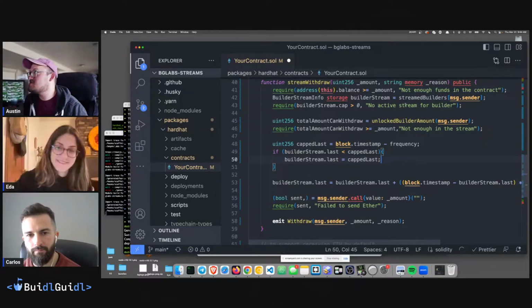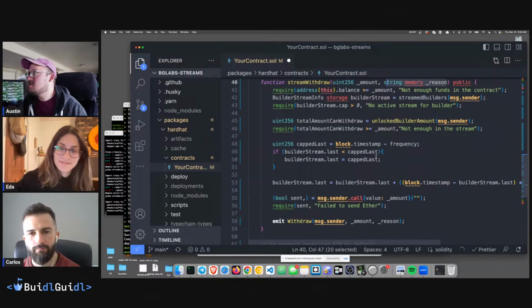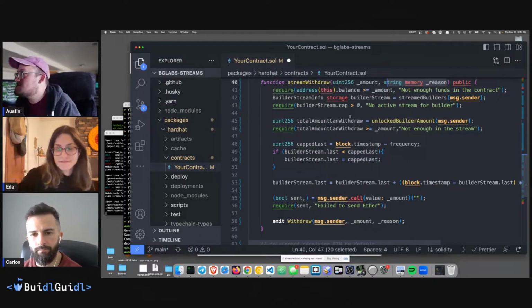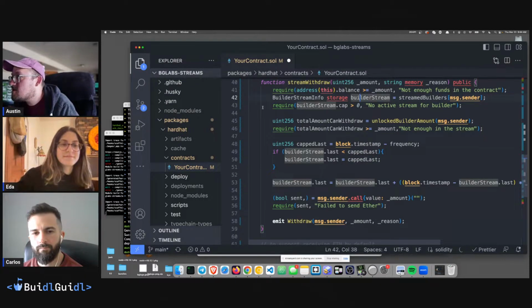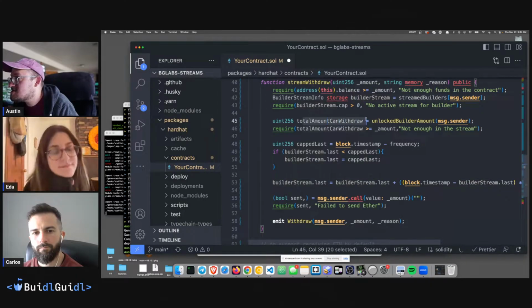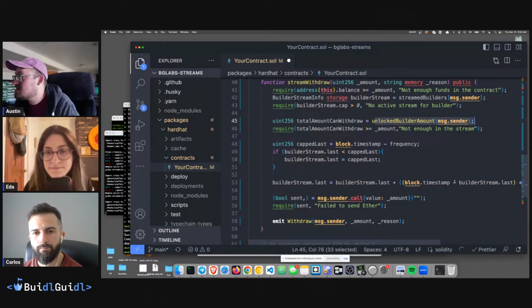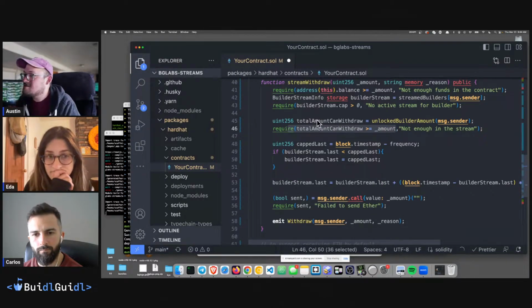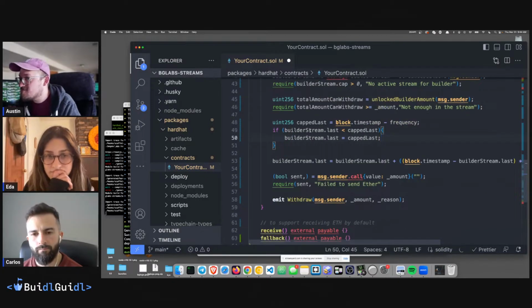And this allows the builder to put in an amount and some reason and pull that money out from the stream. And I think what we're looking at is making sure the amount they can withdraw, we look at how much they've unlocked, is less than or the amount they can draw has to be greater than or equal to the amount they're asking for.